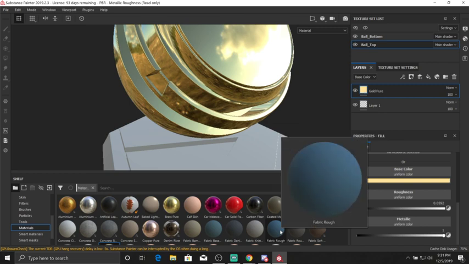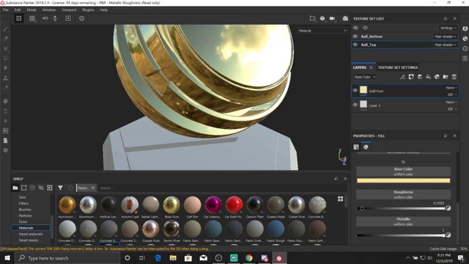So like if I use a wood material and put it over top of something else, it might give me a really cool